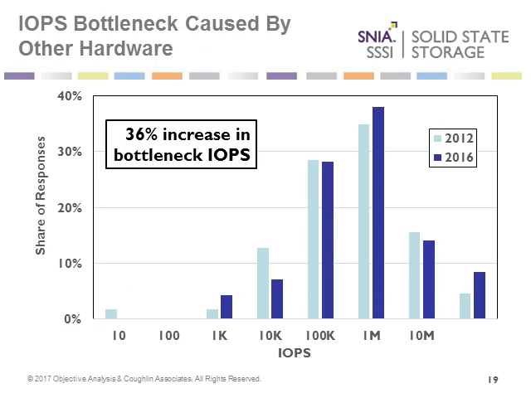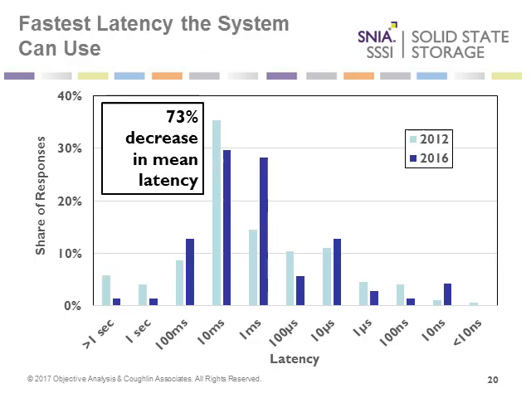Something else that we did with this data was we said, okay, we have these numbers showing the IOPS and how much capacity is needed. What if we cross that information with each other? Oh, I'm sorry, I'm getting ahead of myself. I missed a slide here. So I'll talk about the fastest latency in the system.